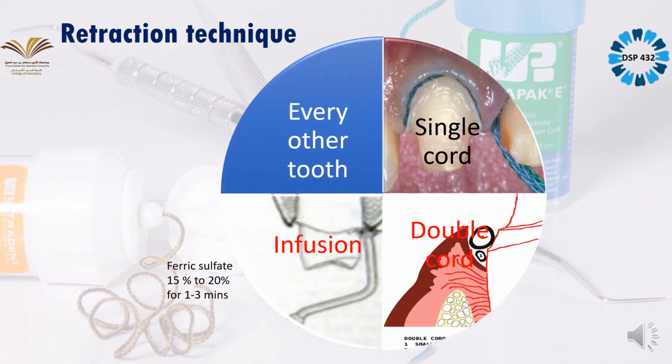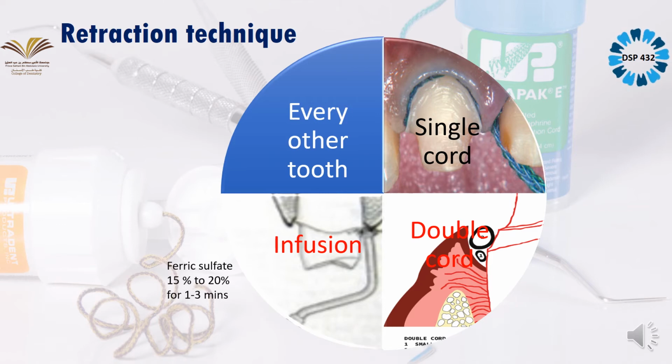And the last technique we have is the every other tooth technique. Commonly we use this technique when you are doing multiple crown preparations with anteriors. So alternatively you have to do the retraction, because if you start doing continuous retraction with anteriors, there are chances that you might damage the col area. Col area, you understand, the soft tissue present in between two teeth, that triangular soft tissue. Yeah, interdental. So you might damage that area.